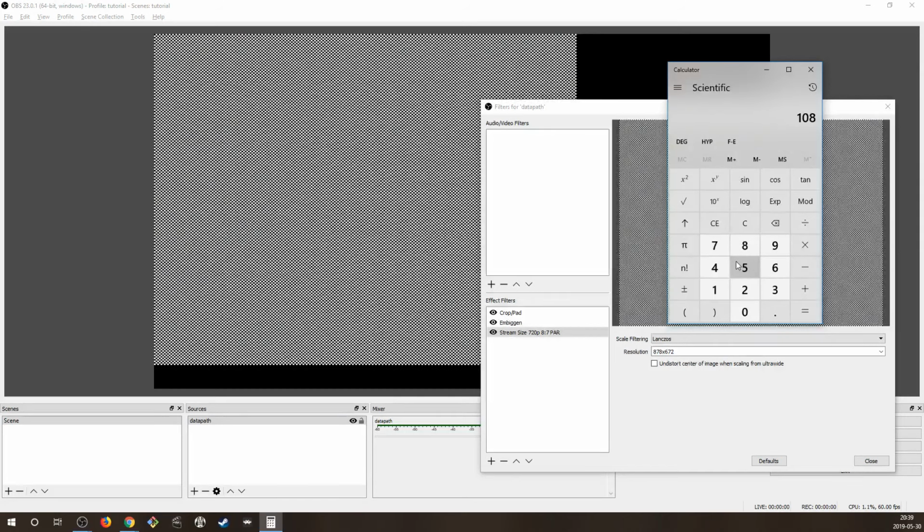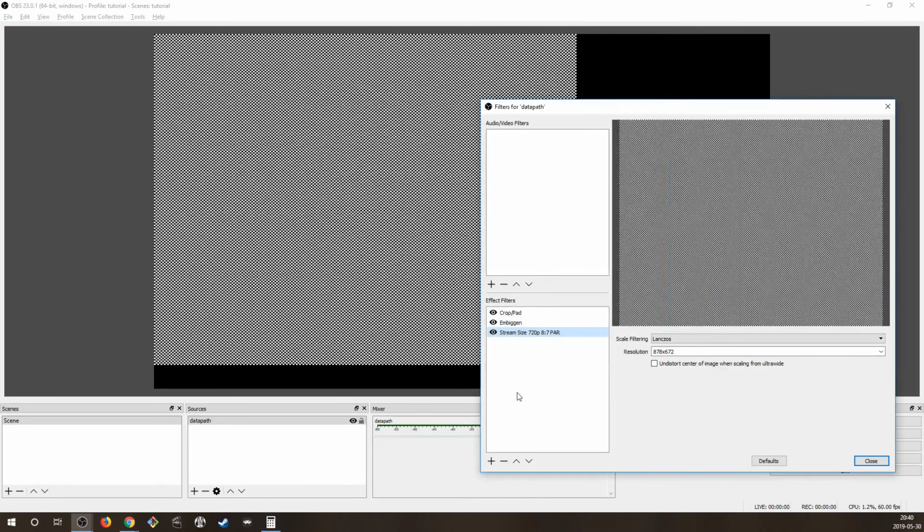If you want to do 1080 streaming, you do 1080 divided by the real resolution, which is 240. 4.5 is your scaling factor. So you multiply that by 256 times 8/7. And that's your horizontal ratio. It's not very close to a whole number, with the 0.57, but that's fine. So you do